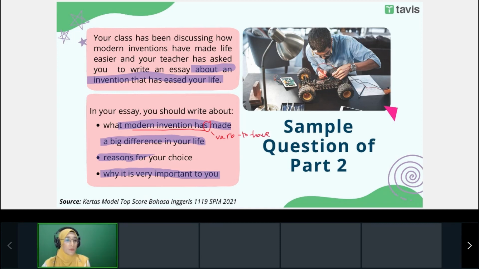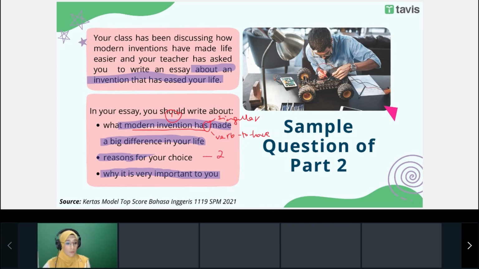So we have to identify only one modern invention, satu, because it says singular here. Singular has singular. Therefore, we need only one thing. Then you need to provide reasons. Now, how many reasons can you have for this? How many reasons? Try to supply